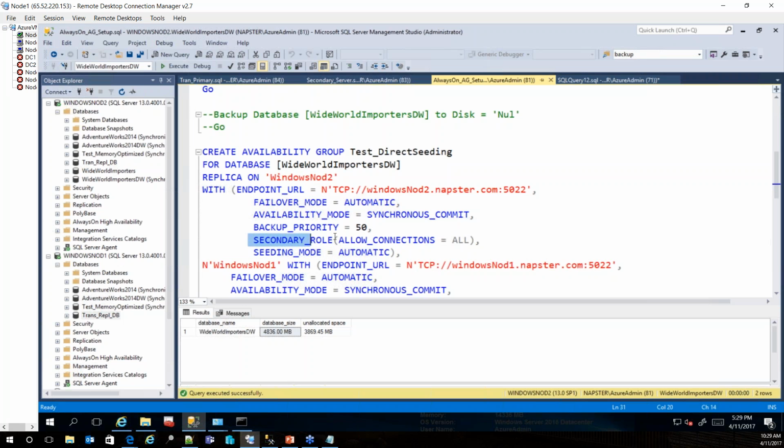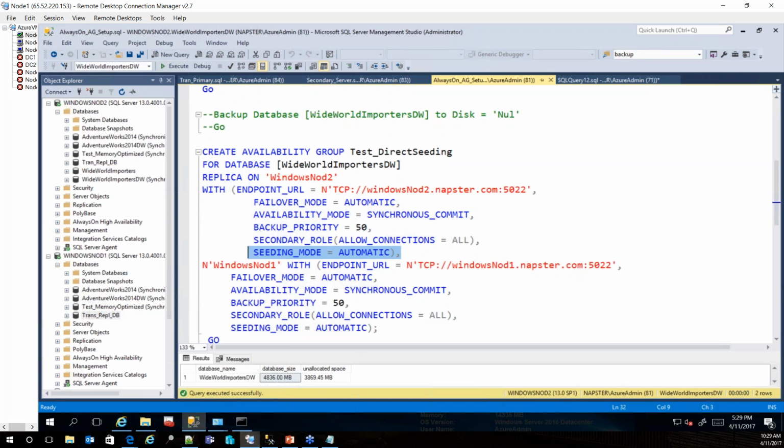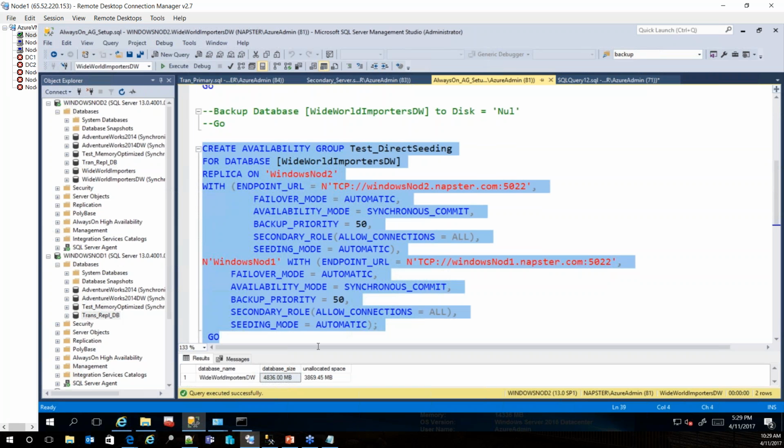The key thing to note here is the seeding mode, which I'm specifying as automatic, which basically enables my direct seeding mechanism or automatic seeding mechanism. And the rest of the construct is pretty straightforward. You have your secondary role where I'm allowing connections to my secondary. This is my synchronous commit, right? So once I initiate this command,